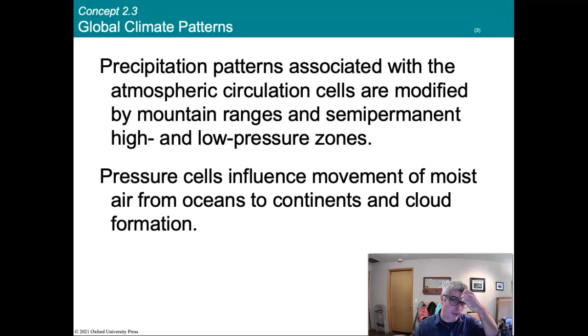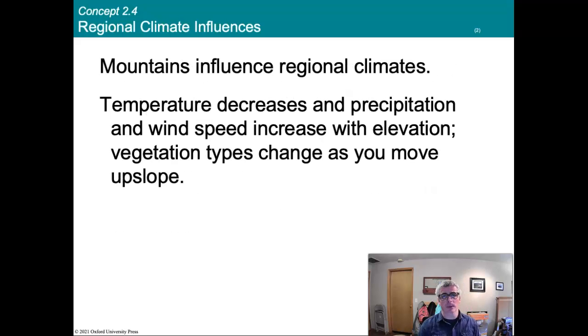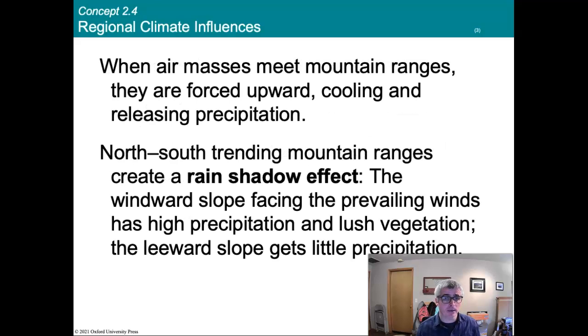Precipitation patterns associated with the atmospheric circulation cells are modified by mountain ranges and semi-permanent high and low pressure zones. So we'll take a look at this. Let me jump to here. So mountains influence regional climate, specifically the rain shadow effect. And so again, parts of eastern Washington are desert ecosystems. Even though they get quite cold, they don't have a lot of rain. Some areas get about 7 inches or less annually,